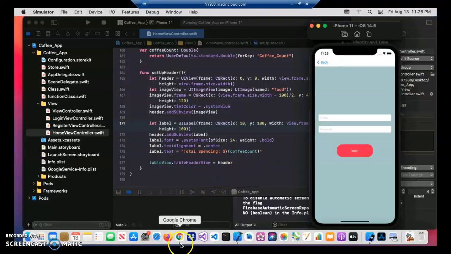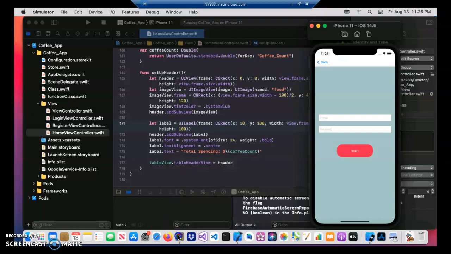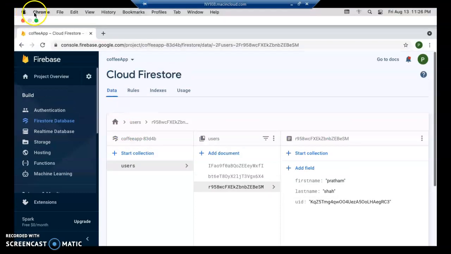So as you can see up here, the user got registered. Some error with my Mac and cloud. So as you can see over here, the user got registered, the fields are entered up here, and he got a unique ID. So let's try to log in